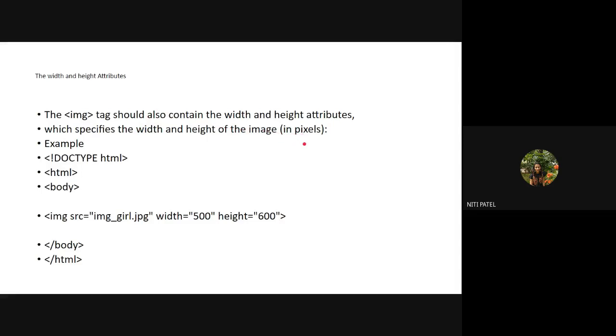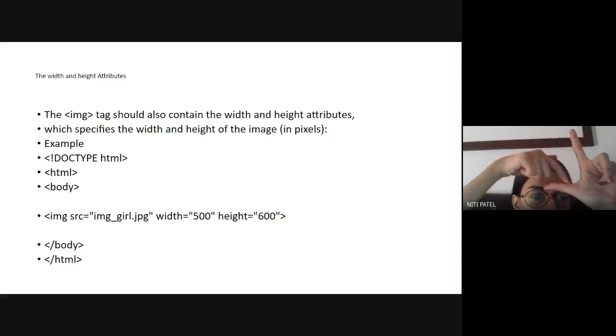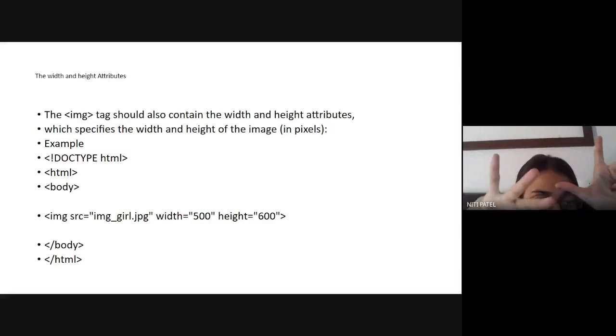Because everyone has seen a graph. Graph draw करना आता है सबको? Yes, ma'am. Can you see my fingers? This is our x-axis of the graph, correct? And this is the y-axis of the graph. Normal graph जो आपका पेपर पे रहता है, correct?